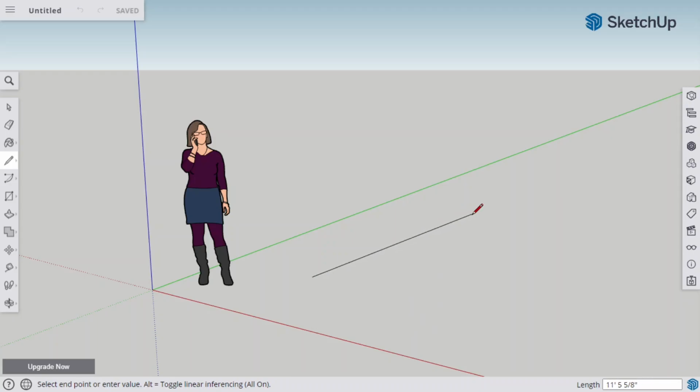If I have to draw this line of 10 feet, then you can see the changing value in the box as I move my mouse. Getting exact 10 feet is a struggle. So what I can do here is, without going to or selecting the measurement box, I can just type 10 feet, as you can see I have done, and just hit enter. And we have line of exact 10 feet. So in this manner, measurement box can be used while modeling.